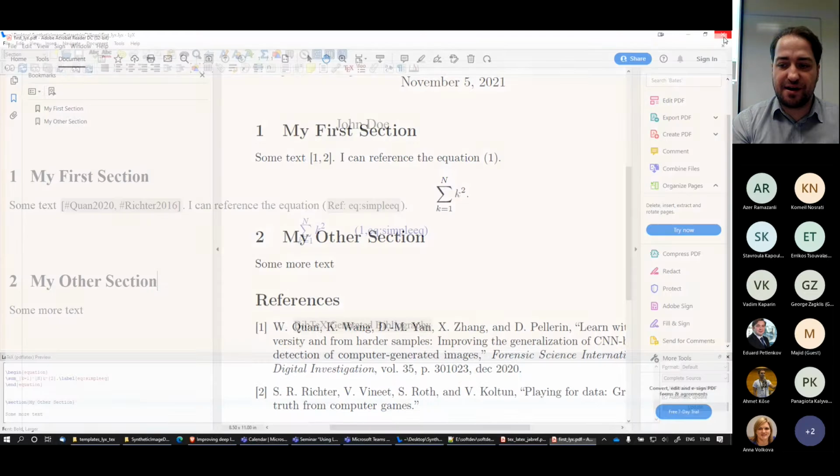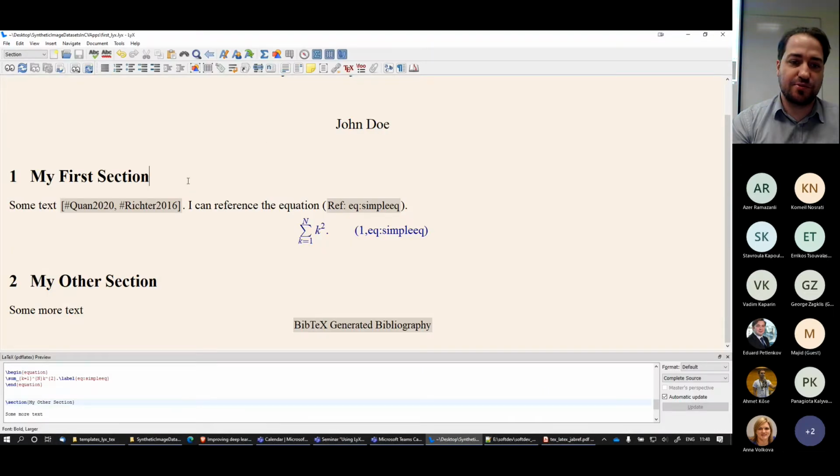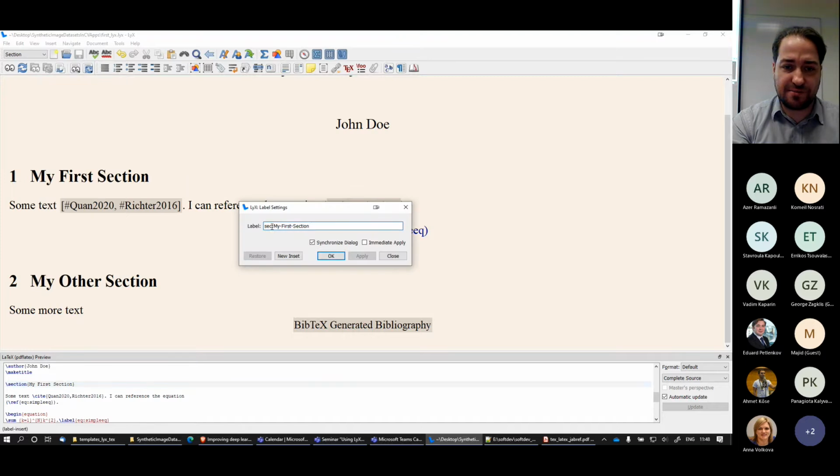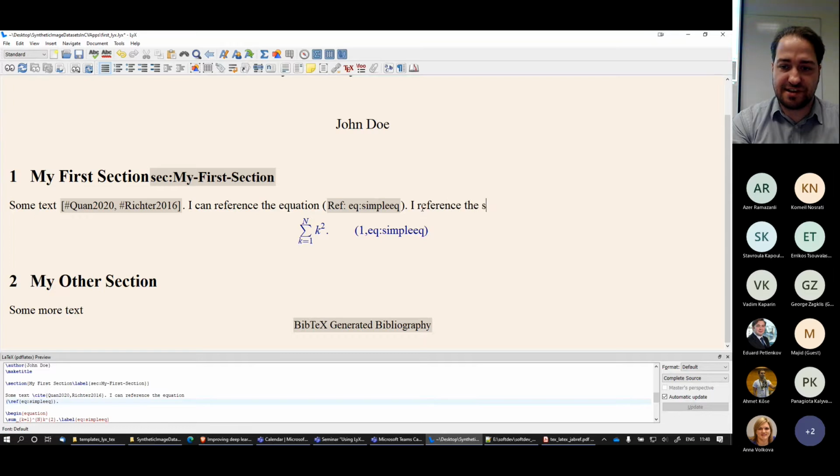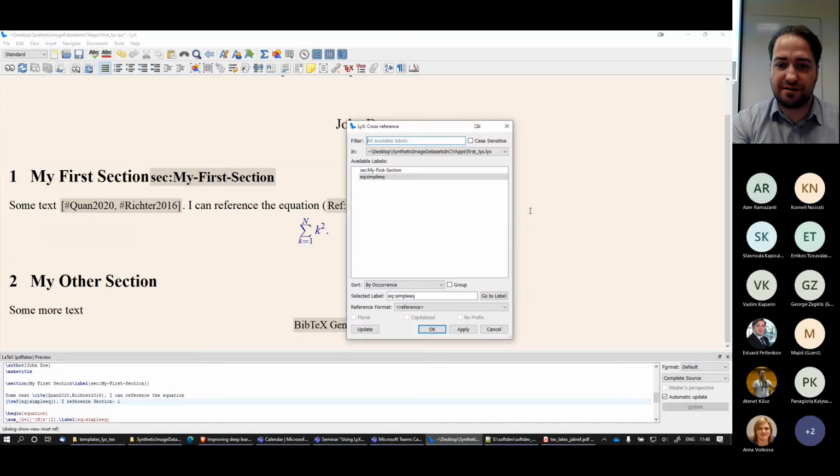Okay, so in the same way you would address sections. For example, you would say something like Alt-IL, and now the label begins with sec and also proposes a name for your section, which is my first section. You can OK that, and then now you can also reference the section. So I reference the section, or I reference section non-breaking space. Very important, non-breaking space, Alt-I, R,